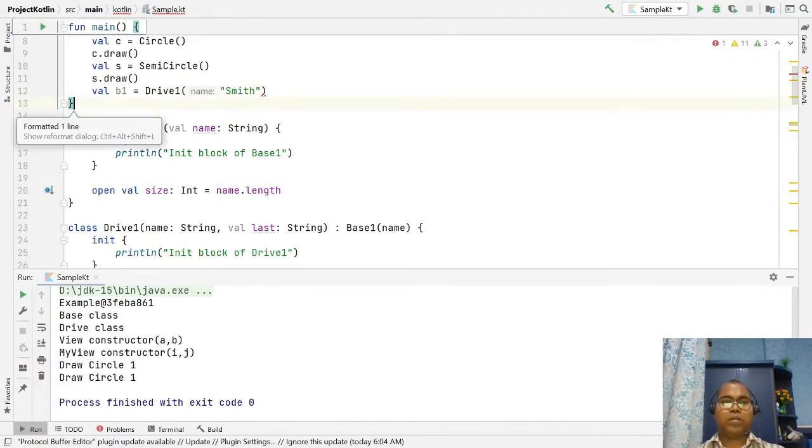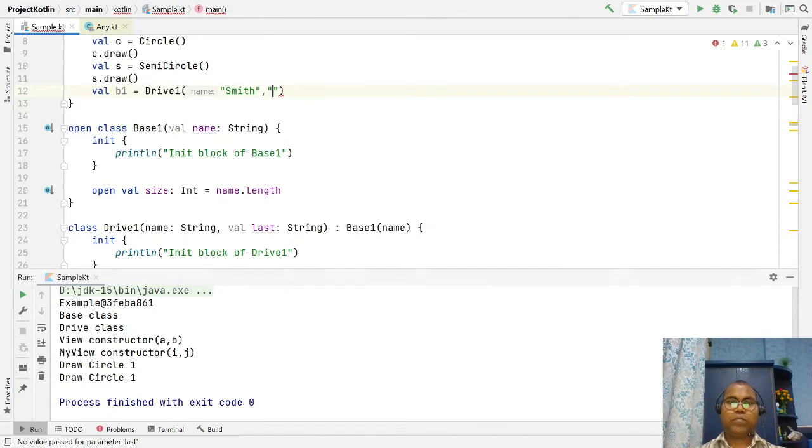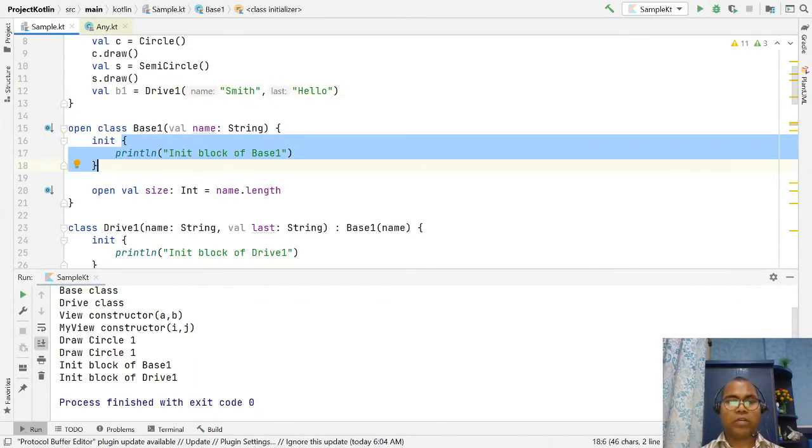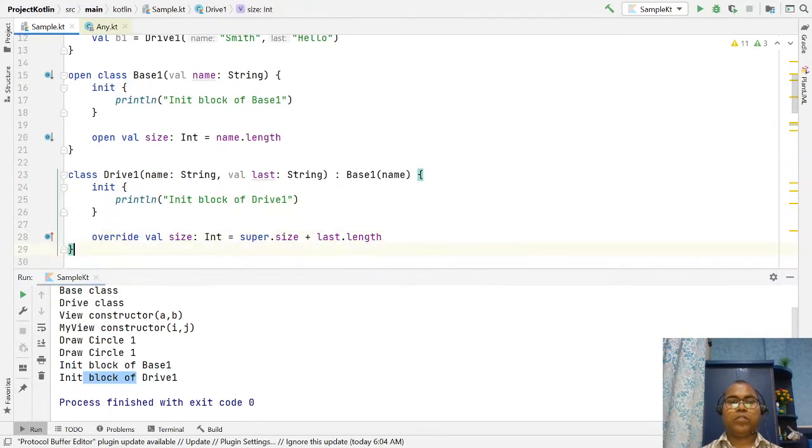And lastly you have the two constructors. So in this way, the init block of the base class always runs first, then your derived class. In this way, we can